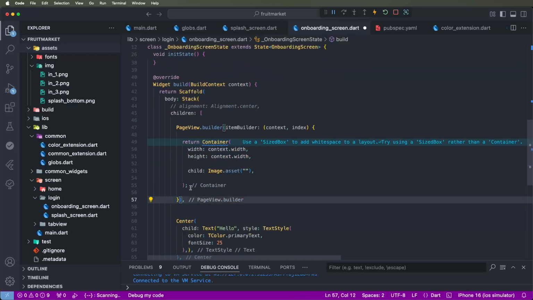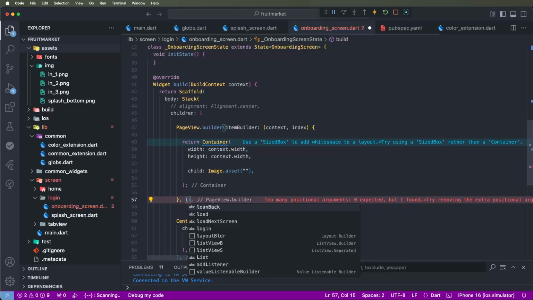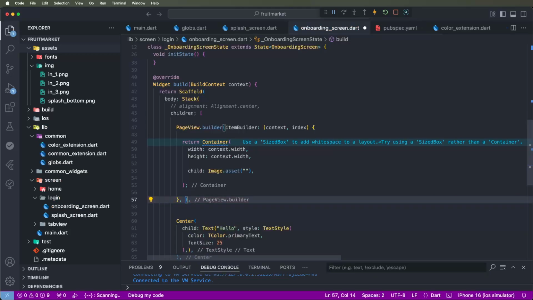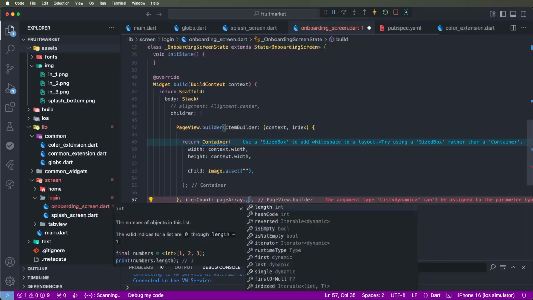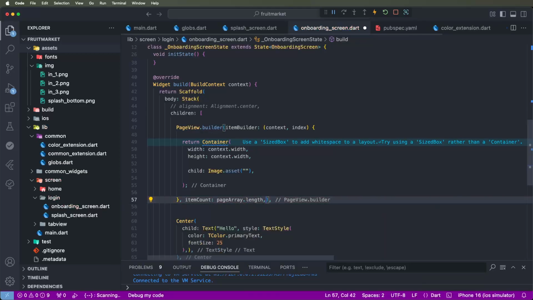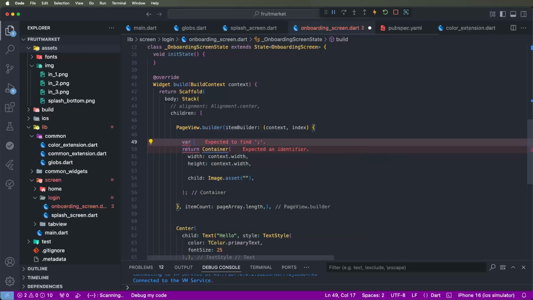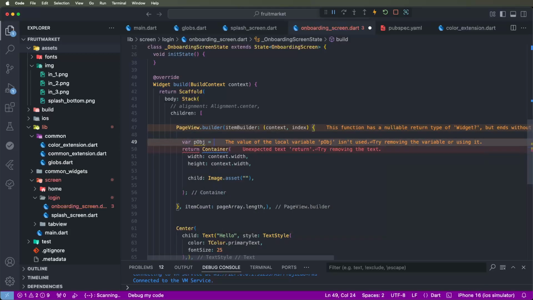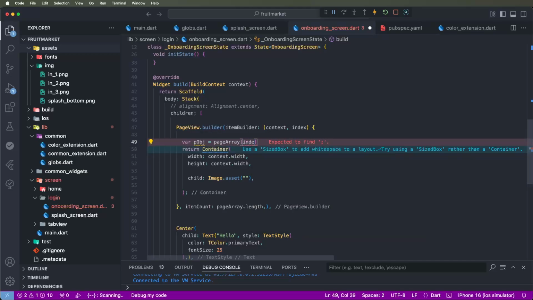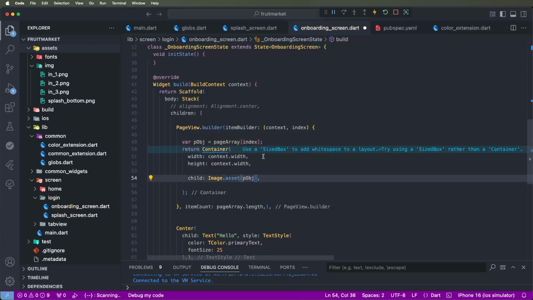We need to given this here item counts like this. We need to pass this here the length, set here. Now we need to get this here the object p object is equal to, need to get this here the page array index of value. Need to get here like here, and we need to pass this here the image